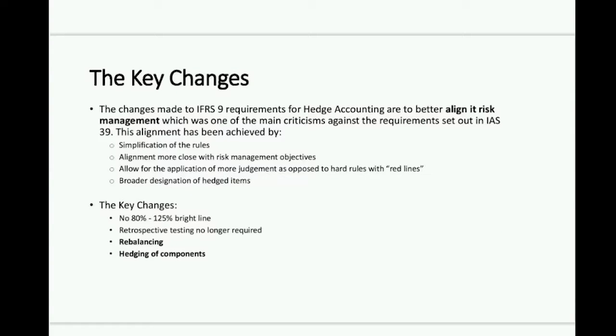Okay, so we've covered the three main types of hedges. You'd all be familiar with these three types of hedges from IAS 39. And now we really want to focus our attention on what's changed. What are the main items that have really changed in the standard? So as a preamble and just really as a headline to why things have changed, the primary criticism of hedge accounting under IAS 39 has been that it is far too rules oriented.